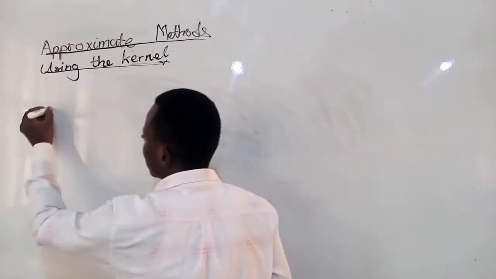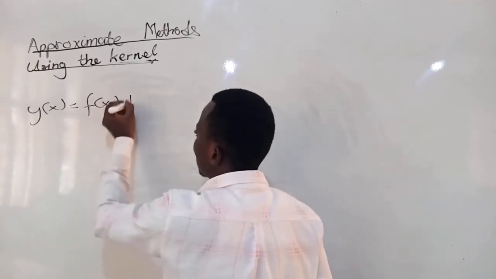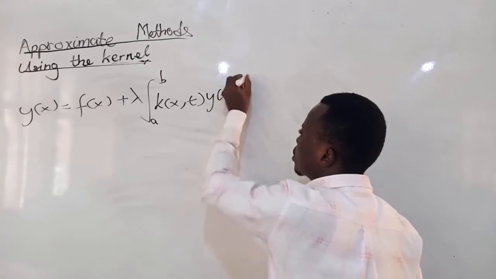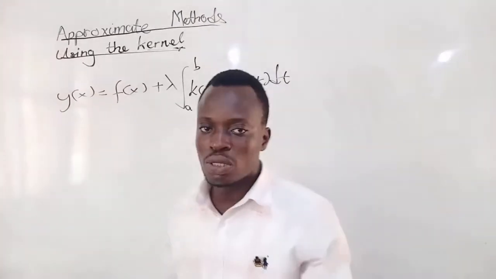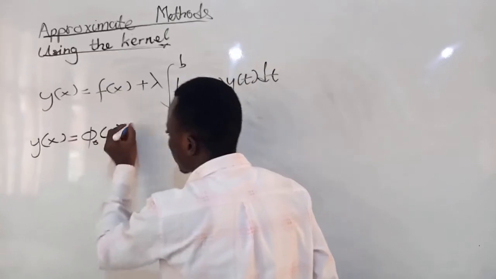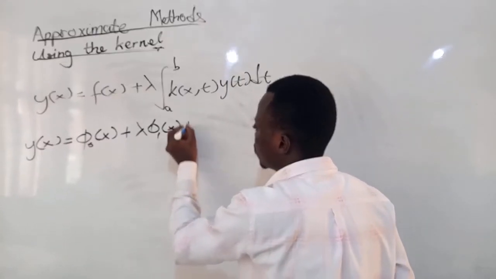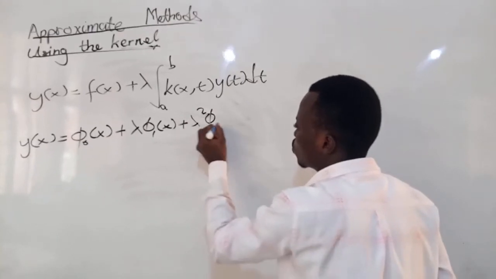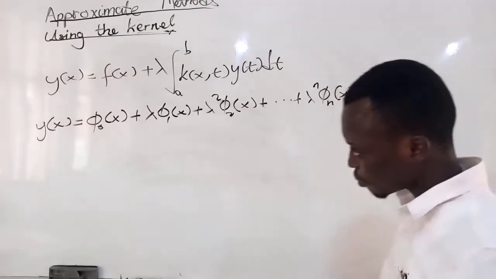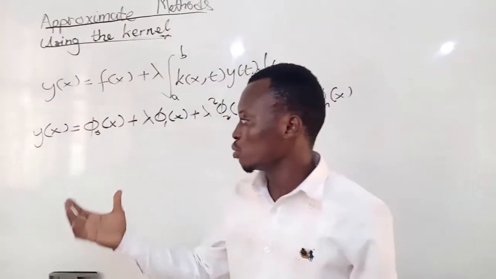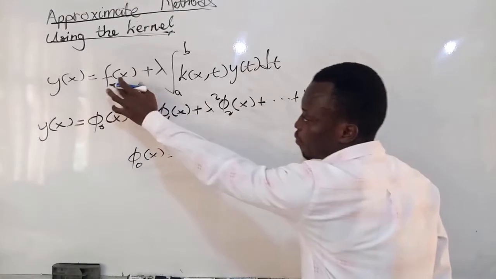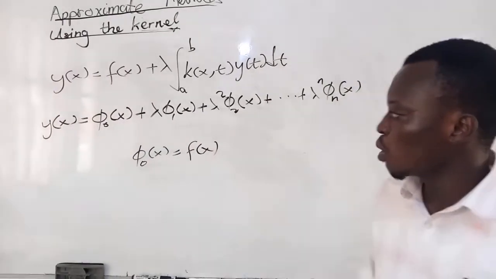That is y of s equal to f of s plus lambda integral from a to b k of s t y of t dt. In that same session, we used a series to approximate this solution. That is y of s equal to phi naught of s plus lambda phi 1 of s plus lambda square phi 2 of s plus dot dot dot plus lambda n phi n of s, to approximate this solution. And in that same video too, we saw that phi naught of s was giving us the free term f of s, and also our phi 1 of s